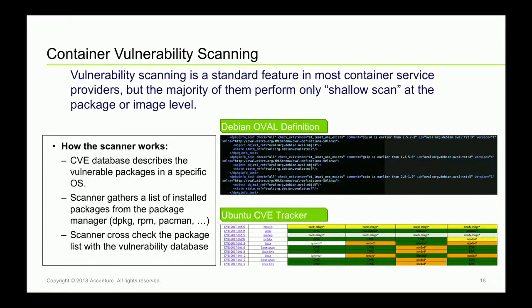Most of them rely on some information about the Linux distribution or the package manager that handles it. If you use Ubuntu or Debian, it's apt. If you use CentOS, it's Yum. Then it tries to cross-check, and you'll see the cross-check is very shallow. They try to match what you have installed on your system with what is present in these OVAL definitions.